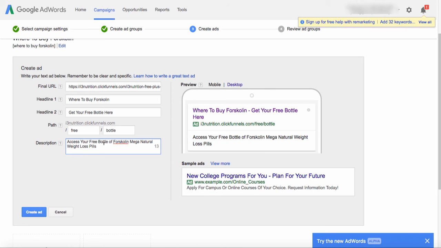Okay. Weight loss pills may get disapproved. And if it does, I'll come back and I'll simply modify that text. But if it were me and I just had to get an ad out the door today, this is where I would start with this keyword because they just searched where to buy Forskolin. And you can see, obviously, this is the preview. Access your free bottle of Forskolin Mega Natural Weight Loss Pills